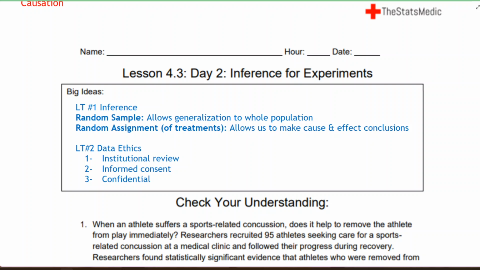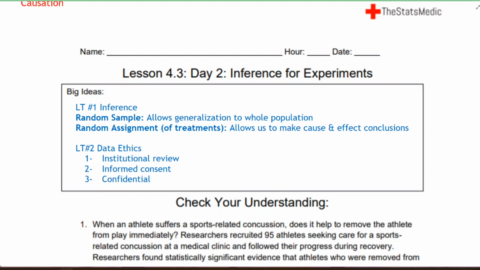There's another thing that I think about whenever we talk about data ethics, and that's if we're talking about life-saving procedures or life-saving treatments. I feel like it should be unethical, and it is unethical, to withhold that treatment. So, let's say we have a life-saving medication. We can't assign groups in that case.